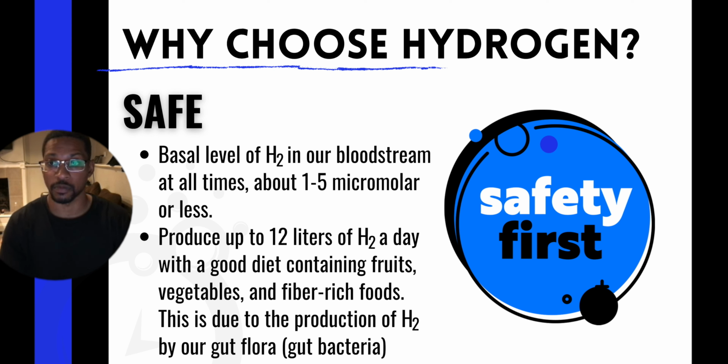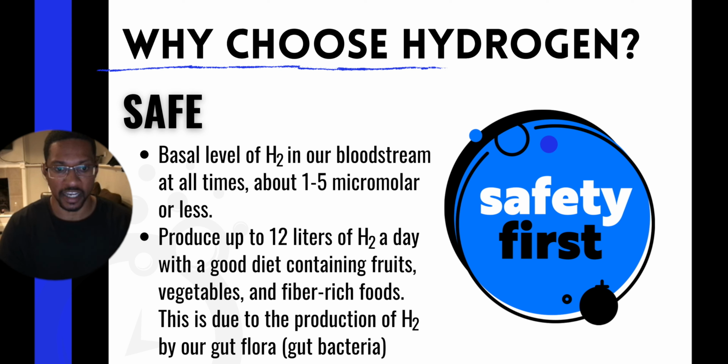In fact, we produce this hydrogen gas via our gut flora. Whenever we eat non-digestible carbohydrates, we produce hydrogen gas. Of that production, 14% diffuses through our intestinal barrier into portal circulation or the venous system and forms a basal level of hydrogen gas in our blood. So we're always being exposed to hydrogen gas, whether or not you're on hydrogen therapy, which is really important to know.